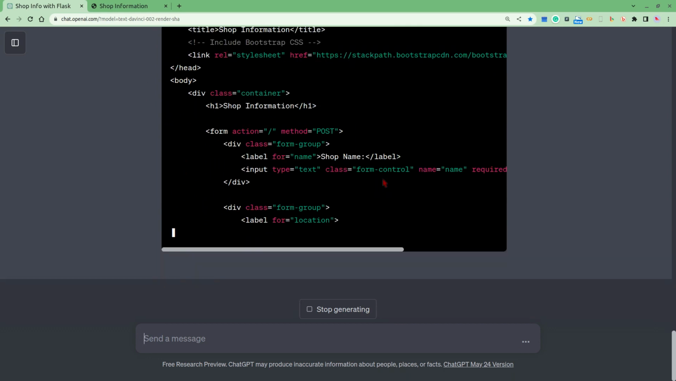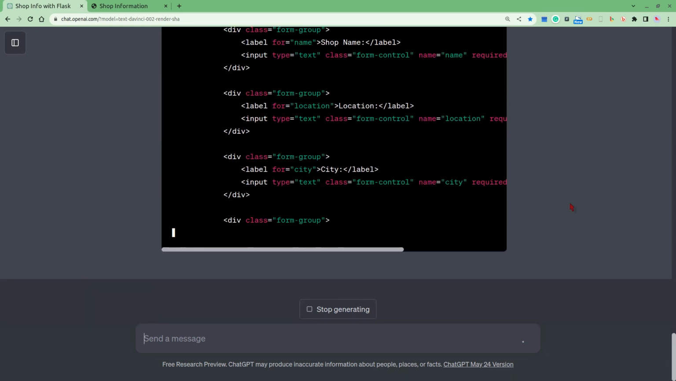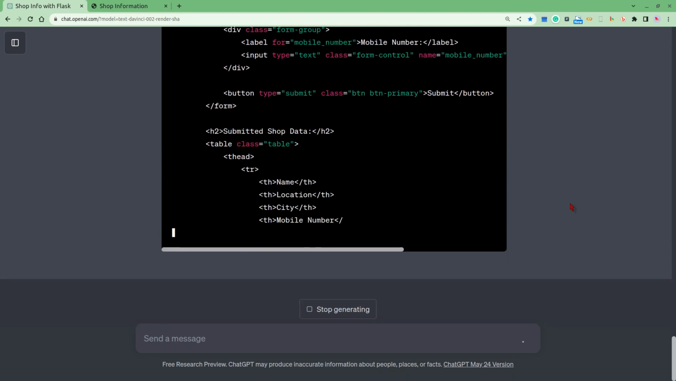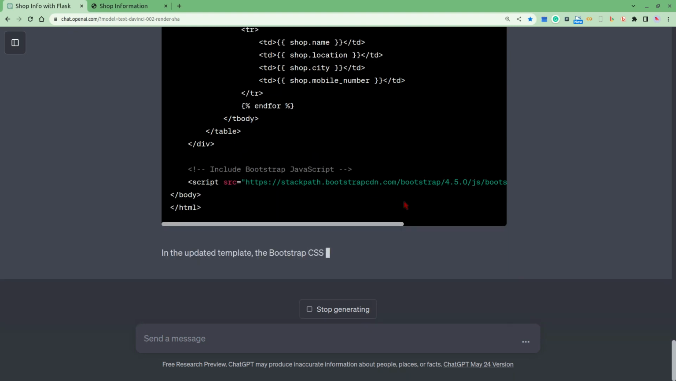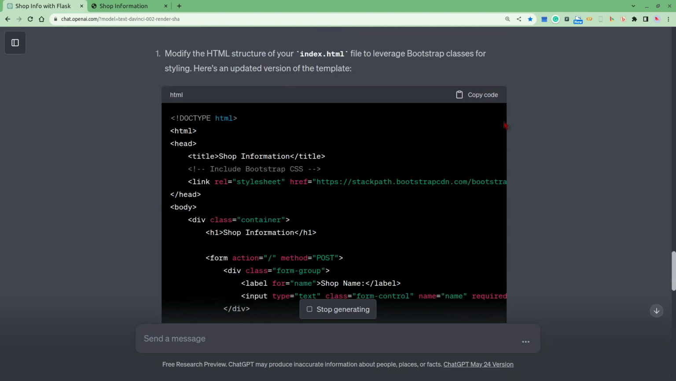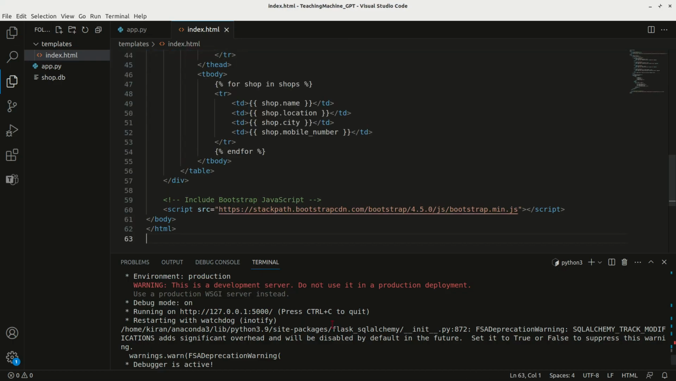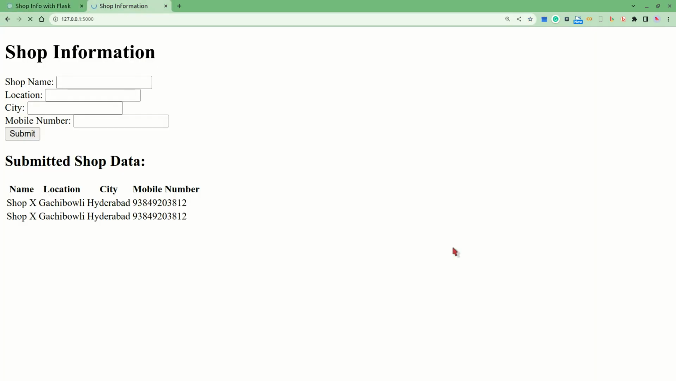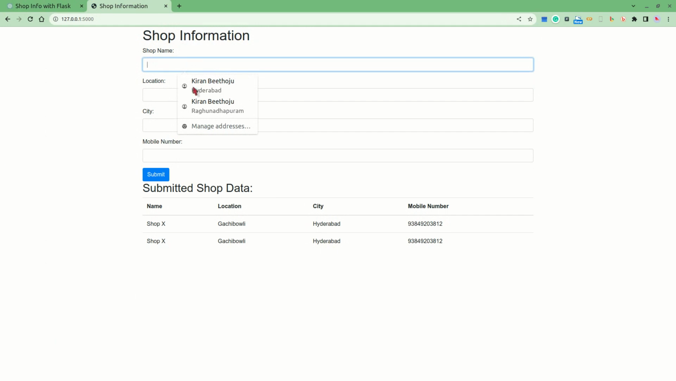Once this code generation is done, we can copy this code and replace the code in the index.html file. Okay, now we can copy this code. Let me copy it and paste it in the index.html. Now let me restart the server and we can see the change is reflecting. Now it looks beautiful. We can submit the data and see the data itself in this page,